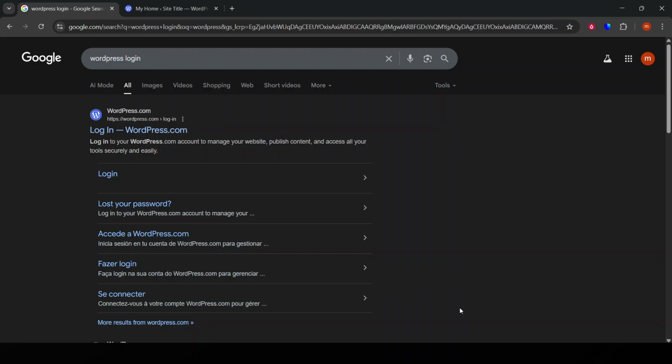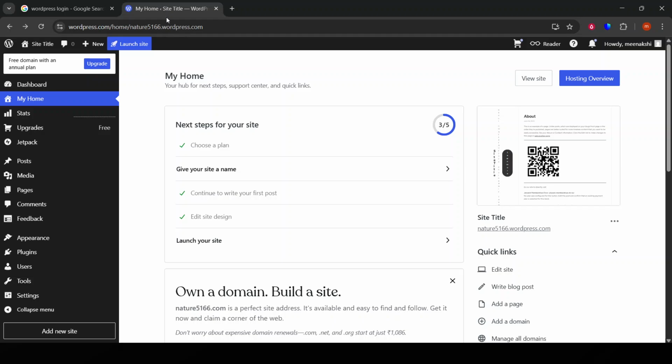attractive way. First, we need to make sure that your WordPress site is ready for action. Start by logging into your WordPress dashboard. This is your command center, where all the magic happens. If you haven't logged in before, you can usually find the login page by adding WP admin to the end